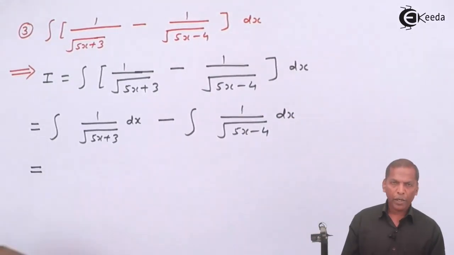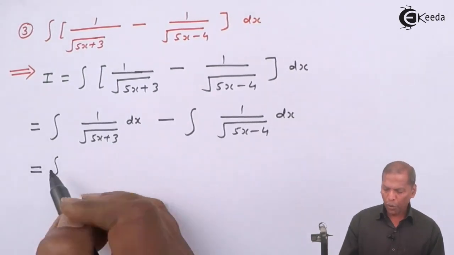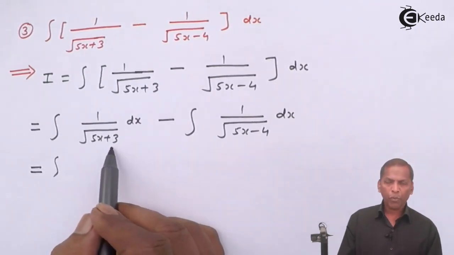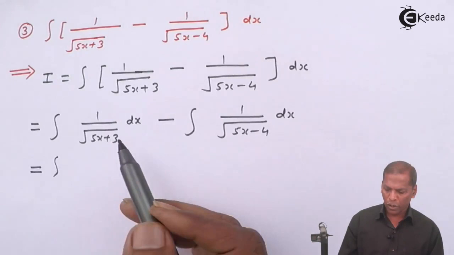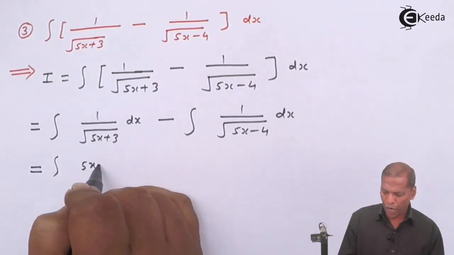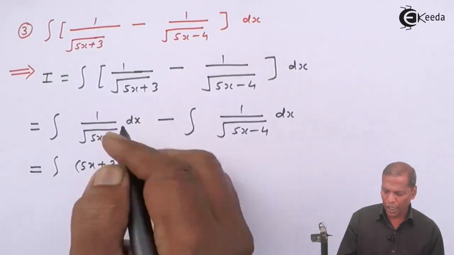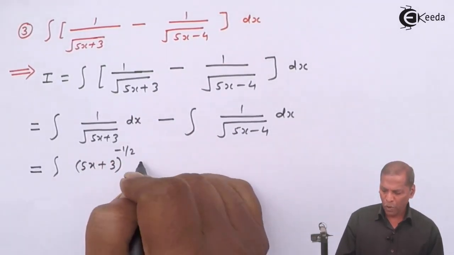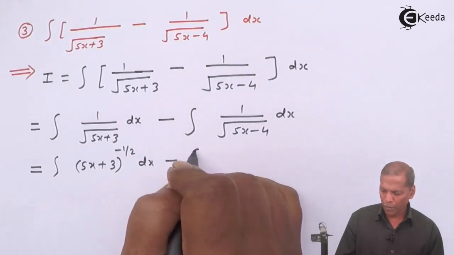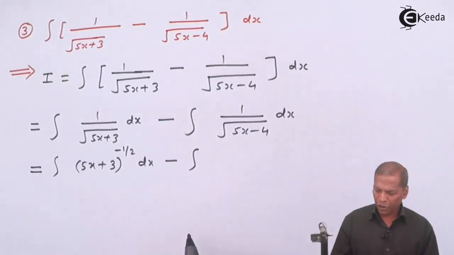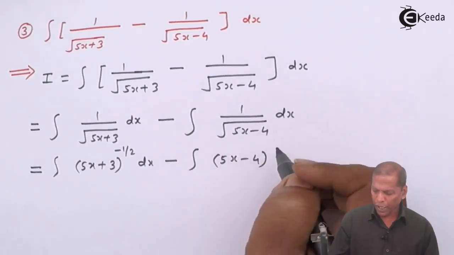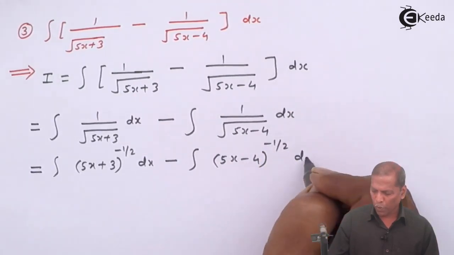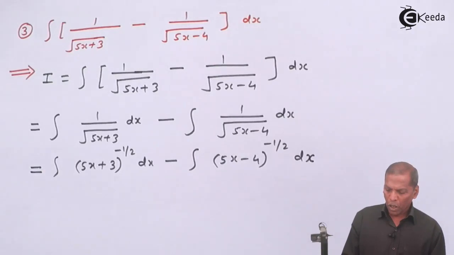The next step will be integral. Now square root of 5x plus 3 means (5x plus 3) raised to half. If we take it in the numerator, that gives us (5x plus 3) raised to minus half dx, minus. Similarly, for the second integration, we can write (5x minus 4) raised to minus 1 by 2 dx. Now by using rules of integration,